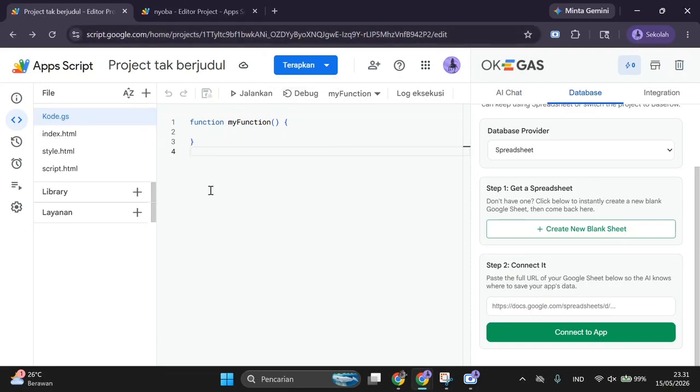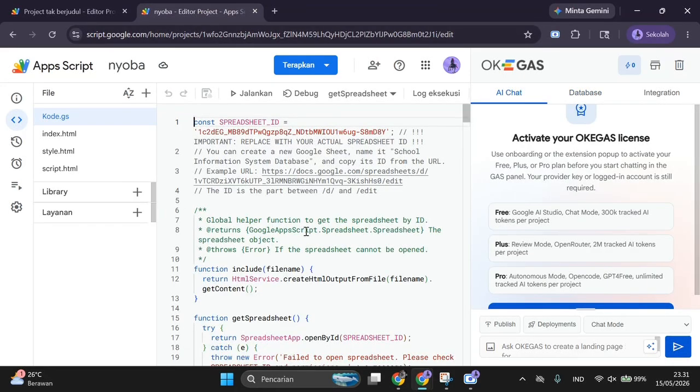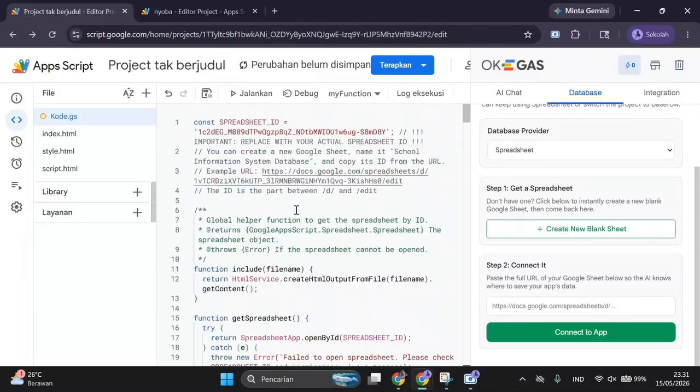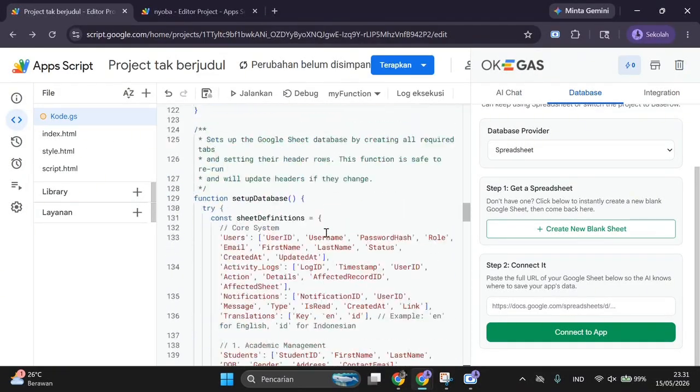Okay, now let's shift gears and talk about the data layer of our application. A dashboard is not really useful unless it has actual data to process and display. For this project, we are going to use Google Sheets as our database. Why Google Sheets? The answer is simple. It's free, reliable, robust, and most importantly, it's a tool we already know how to use. This makes the learning curve incredibly smooth.